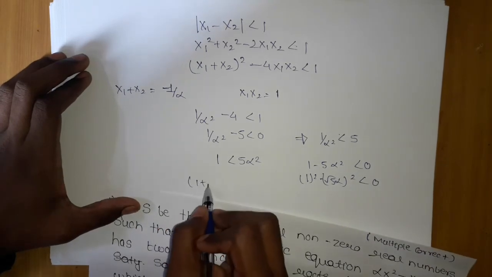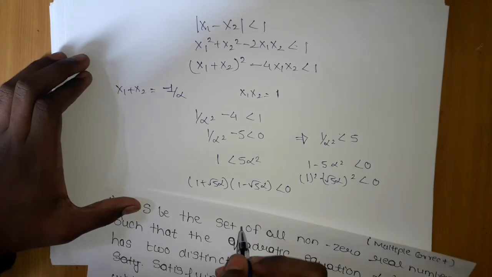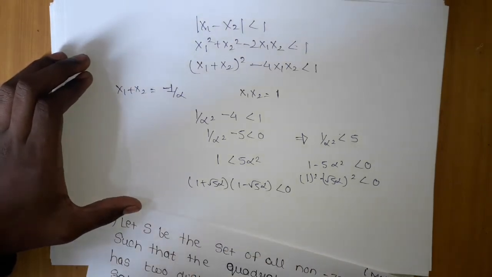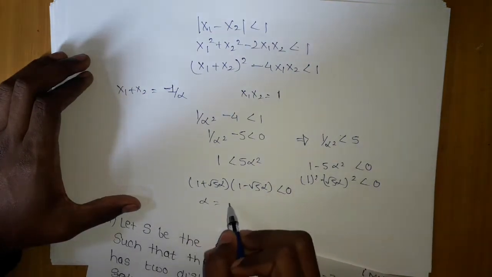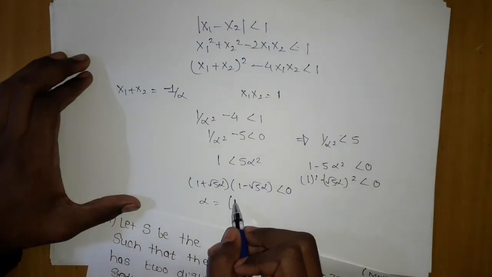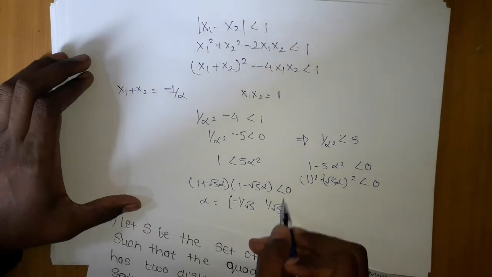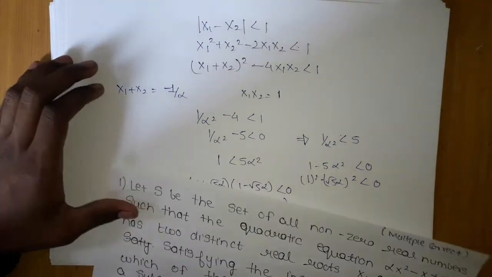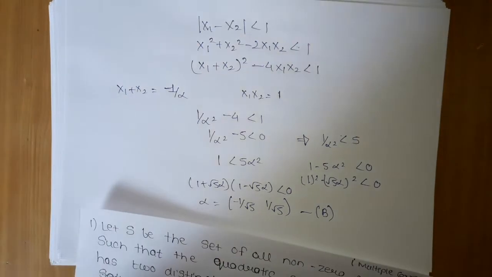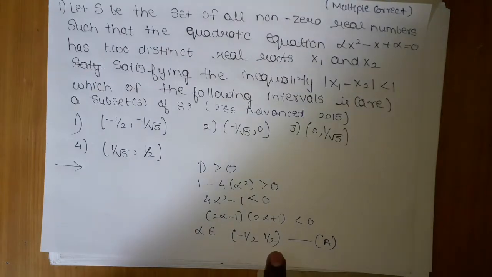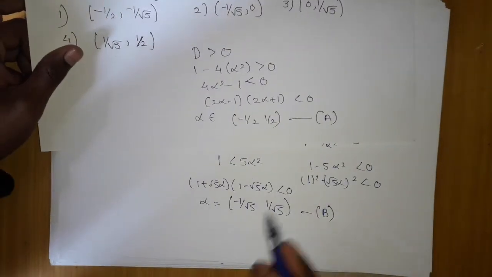So what we got is 1 plus under root 5 alpha and 1 minus under root 5 alpha, which will end up giving me 0. So what value do I have? Alpha belongs from minus 1 by 5 to 1 by 5 under root. Okay, so we got this value. Now let me call it b. So we got the alpha range from here, and from one condition we have got the range from here. These are the possible values of alpha, so we will take the intersection.